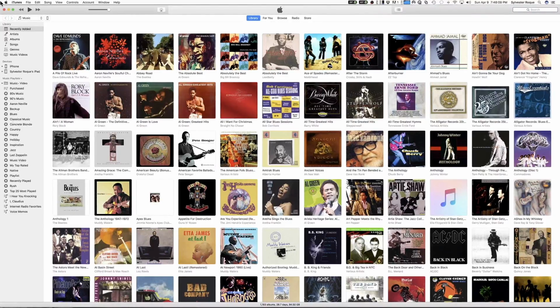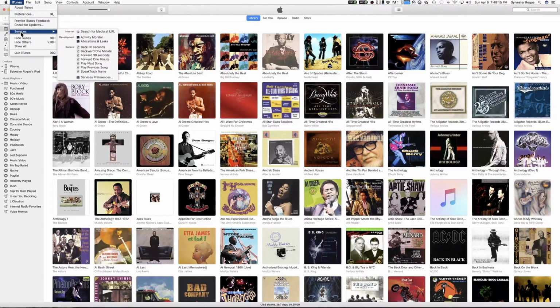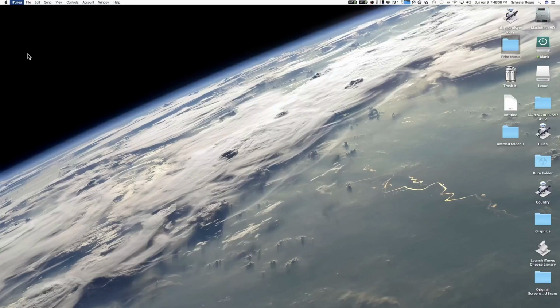But my services that I created are still up here in the menu, as you can see. And look, I've got a few things that weren't here before. My speak tracks are still there. But I've got a service for Activity Monitor. I've got a service to search for media. If I give it a URL, I have a URL in place, I can search for media at that URL. Notice how that services menu changed. That's what makes it